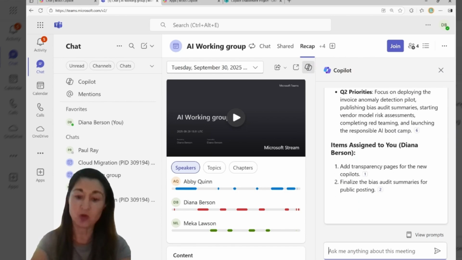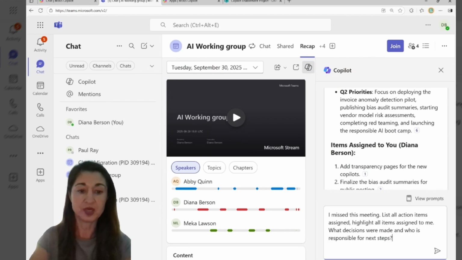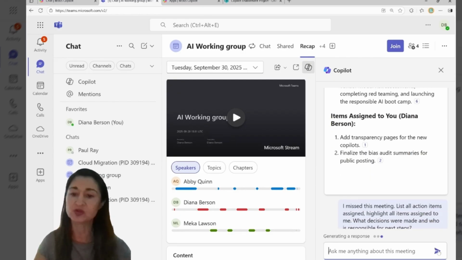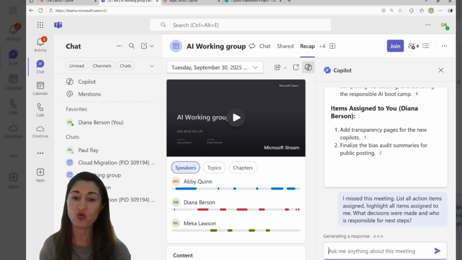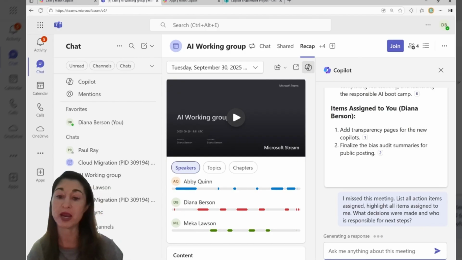And then ask Copilot, I missed this meeting. Help me catch up. List all action items assigned to me. Highlight the ones that are assigned to me, what decisions were made, and who's responsible for the next steps. So now, without having to watch the recording, I'm going to use Copilot to figure out what are my action